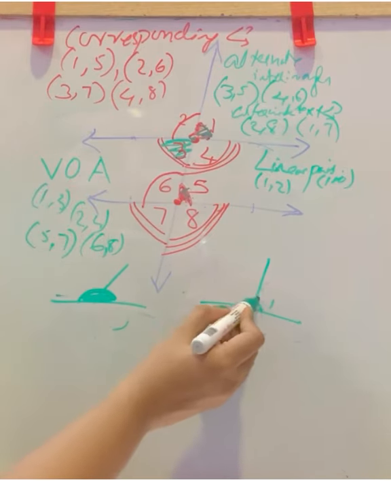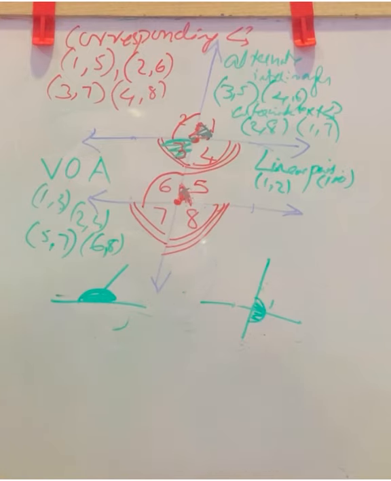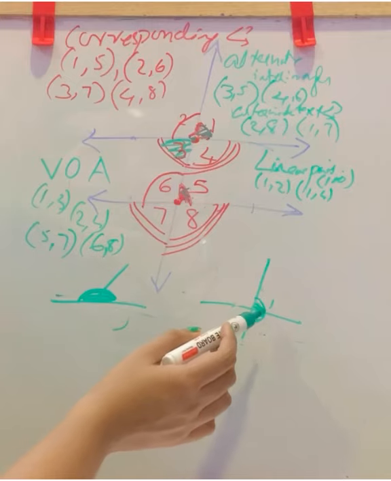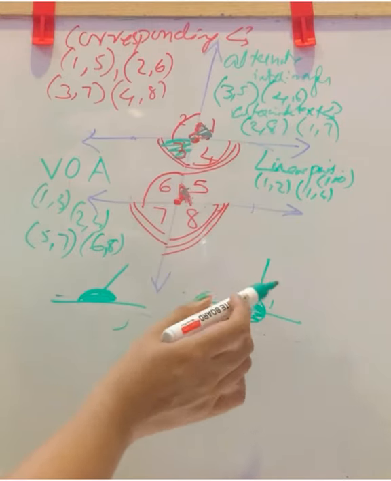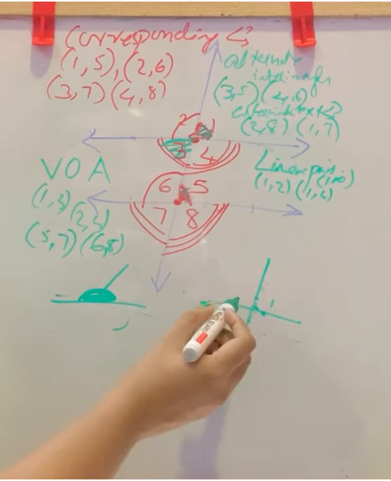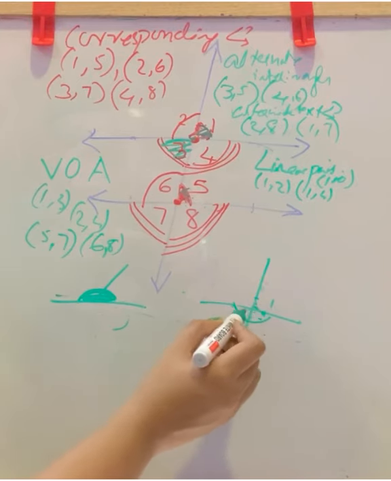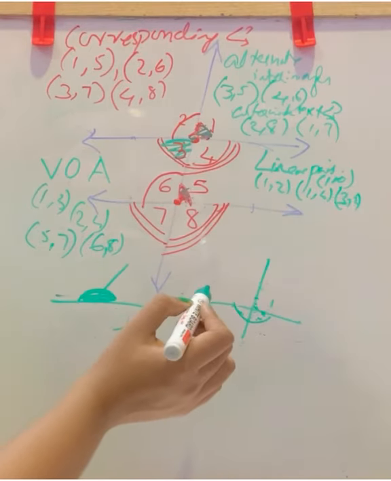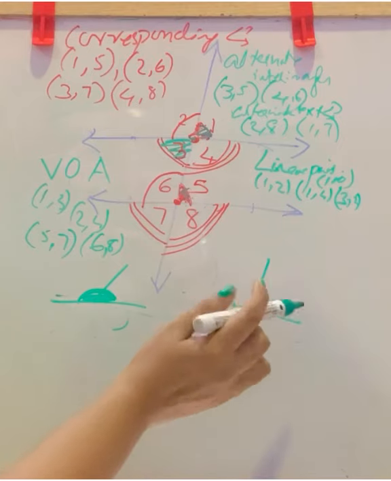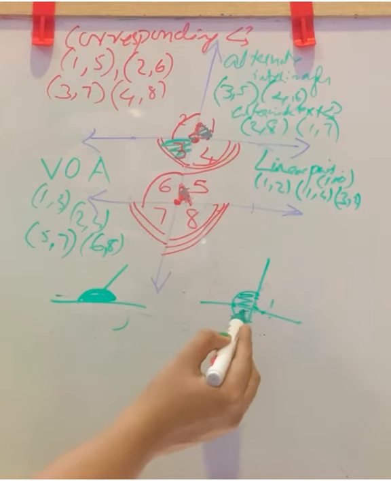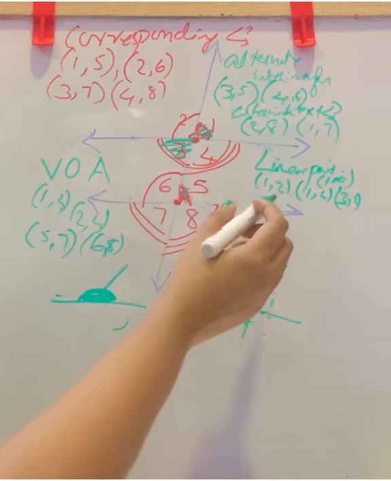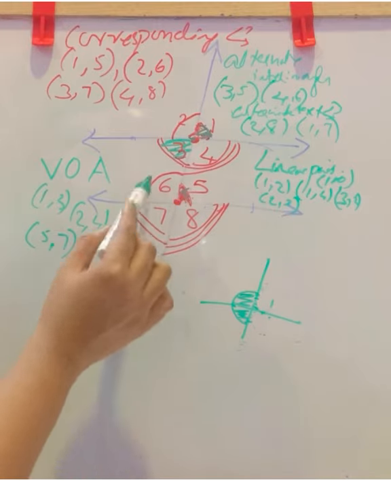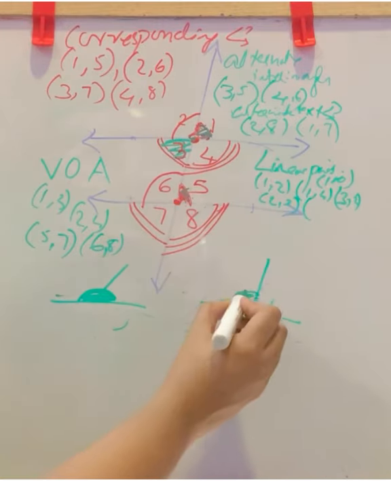Now, what about these two pairs? They are also linear pairs. That is 1 and 4. Adding angle 1 and angle 4, you will get 180. Next, what about these two angles? That is angle 4 plus angle 3. They are also 180, linear pair. Now next, these two angles here, they are also linear pair. That is angle 2 and angle 3. Now like that, in this part, angle 6 and 5.